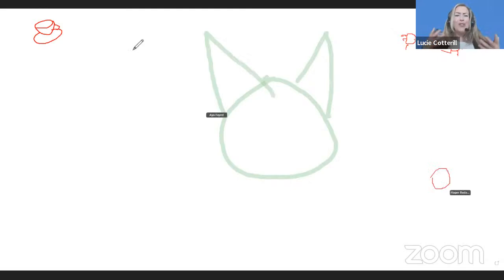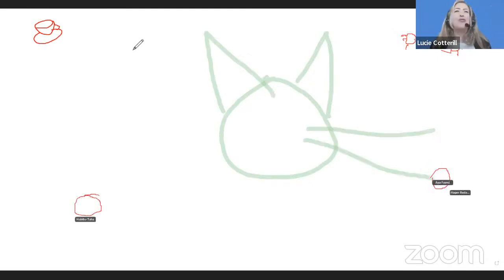Okay, so for example, I might draw, what might I draw? Okay, I might draw a cup of tea. But you can draw anything you like. So if you're on your phone, you will see that there's a little pen in the left hand corner. If you click on that pen, it will let you annotate on the screen. So just draw anything that you want to draw.